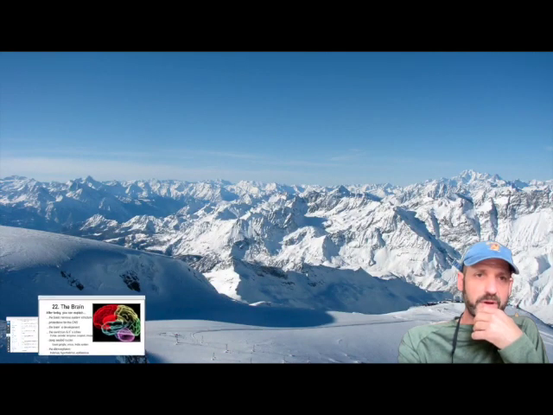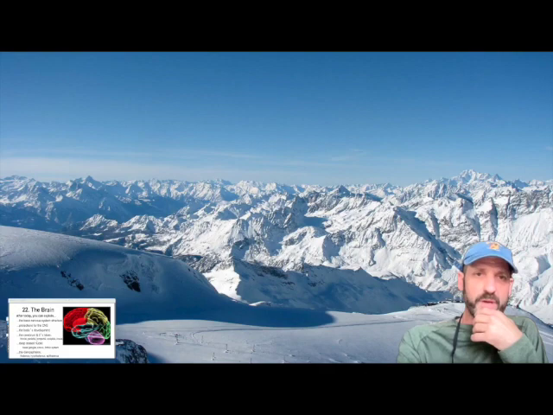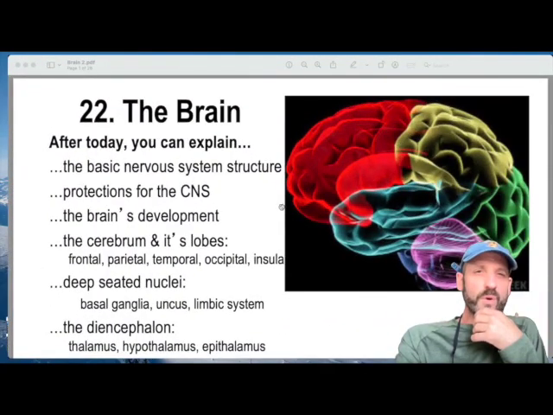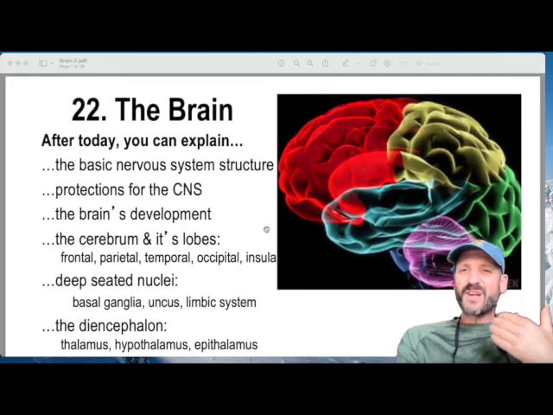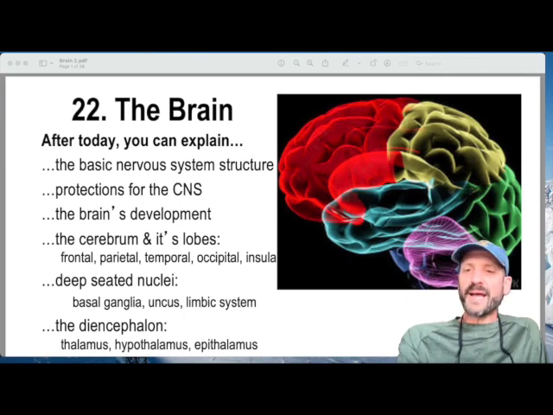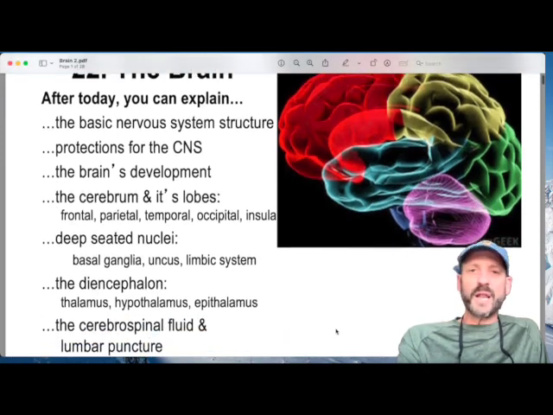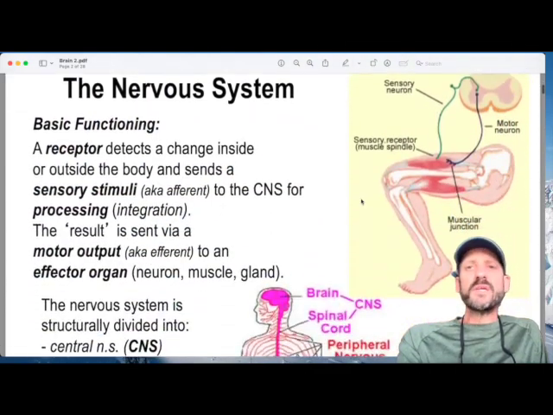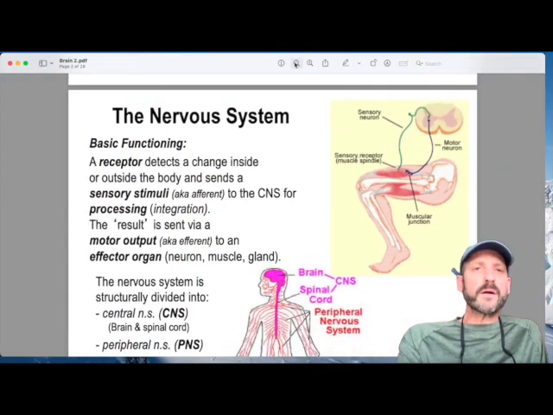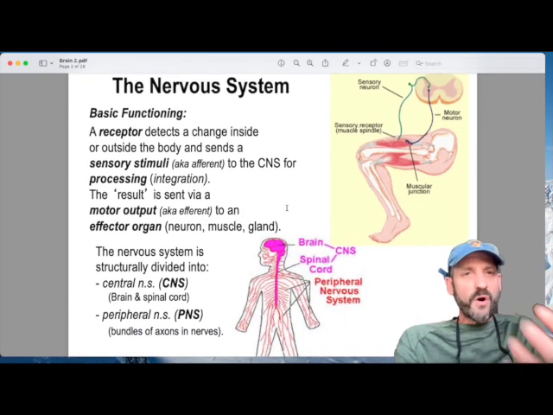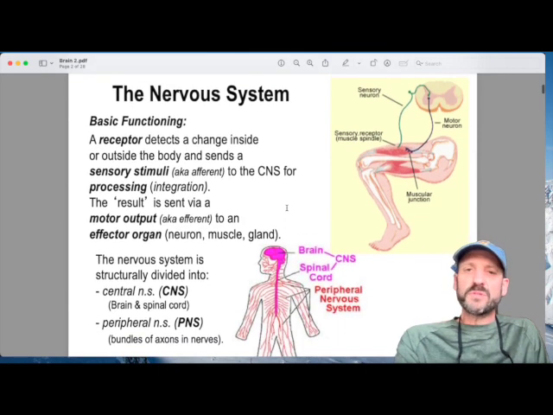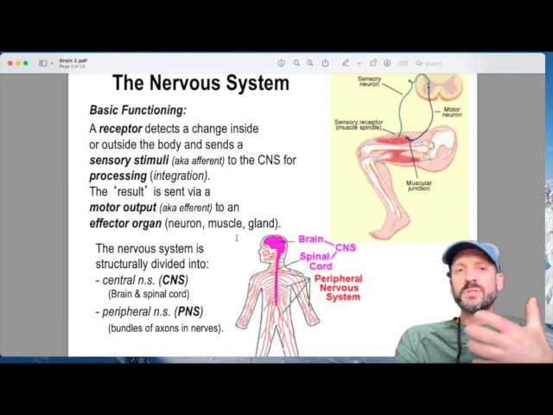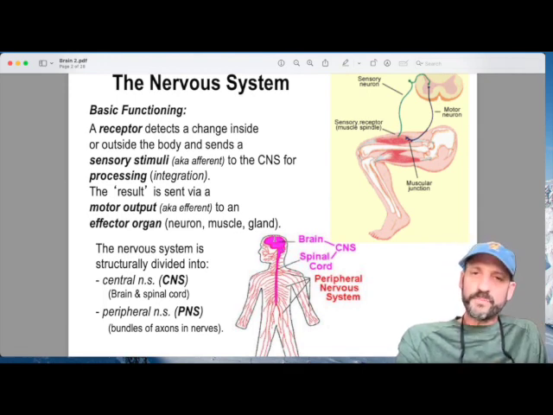We have a lot of structures that we know, and we know what they do, but they're not necessarily all that cohesively making a whole story like we have in the heart. And so as we go through the brain, we first discussed the fundamentals. We briefly talked about the central nervous system, the peripheral nervous system, the computer versus